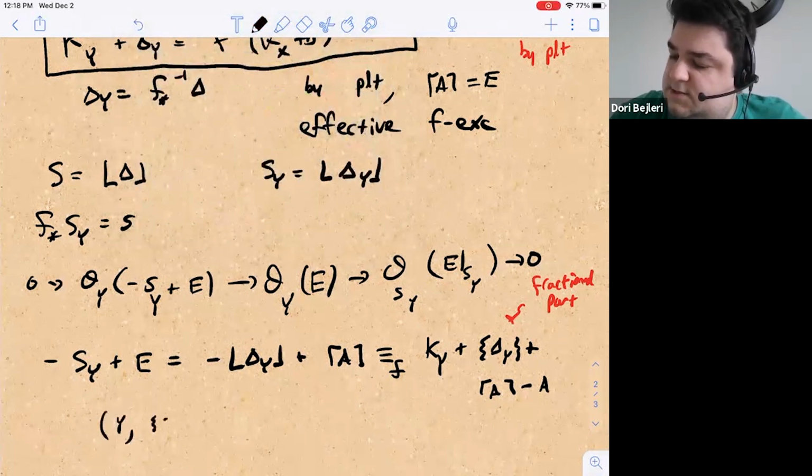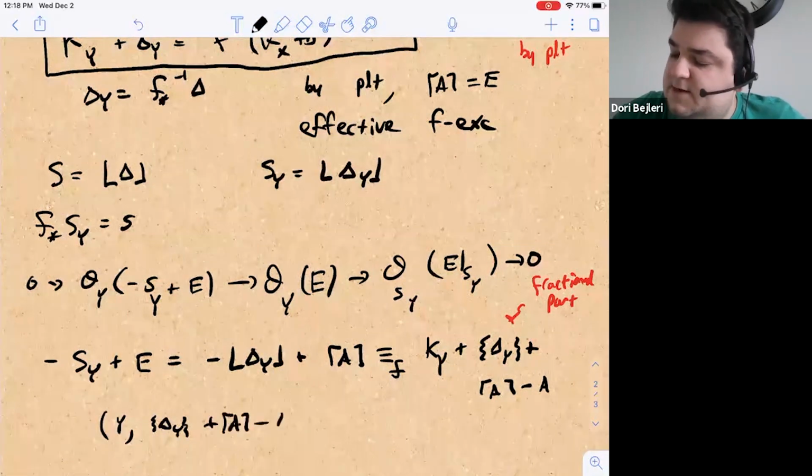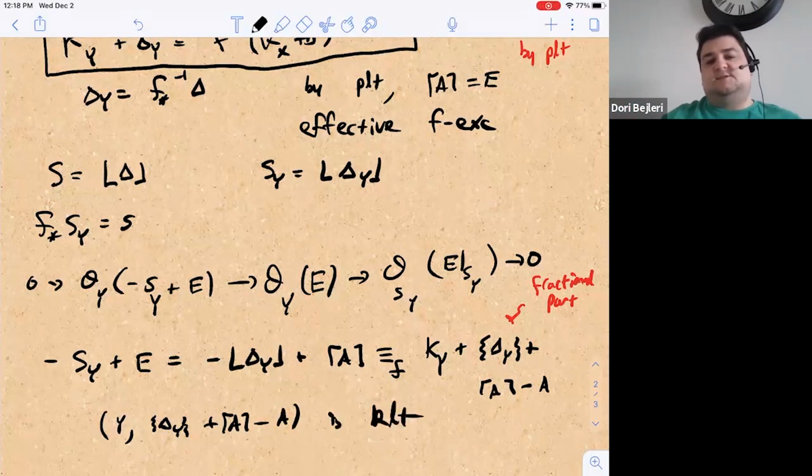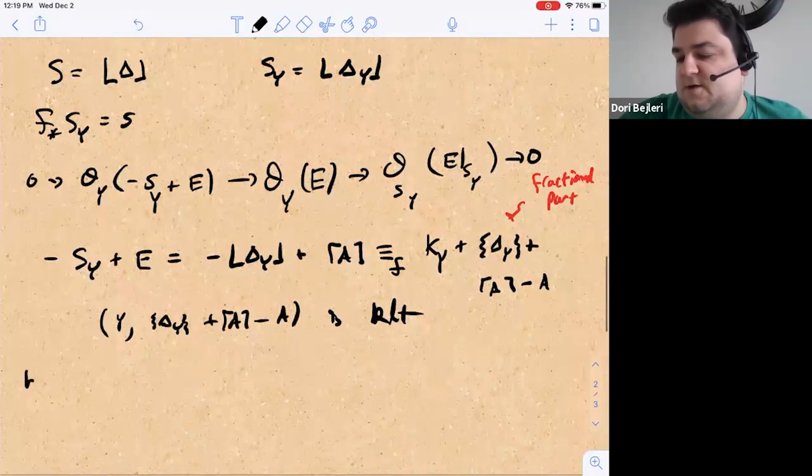y with this delta y, with this fractional part plus the roundup minus a, is KLT. Because we have this normal crossings divisor that's effective and with coefficients strictly smaller than 1. And so we have that this first line bundle, this O_Y of minus S_Y plus E, is numerically equivalent to the log canonical for a KLT pair. And so by Grauert-Riemenschneider vanishing,